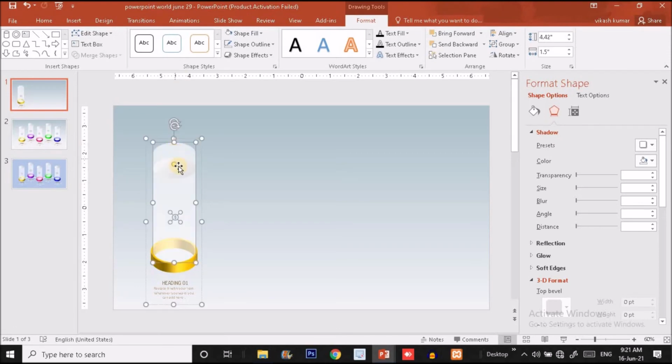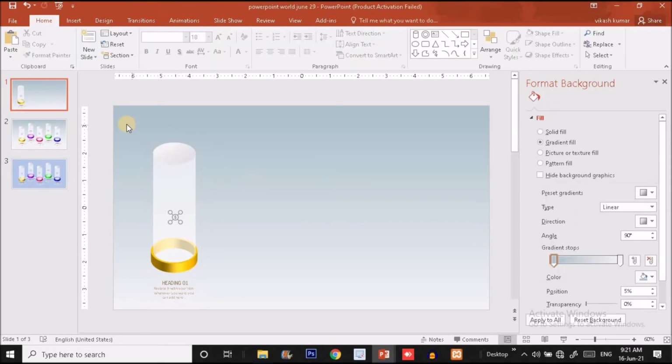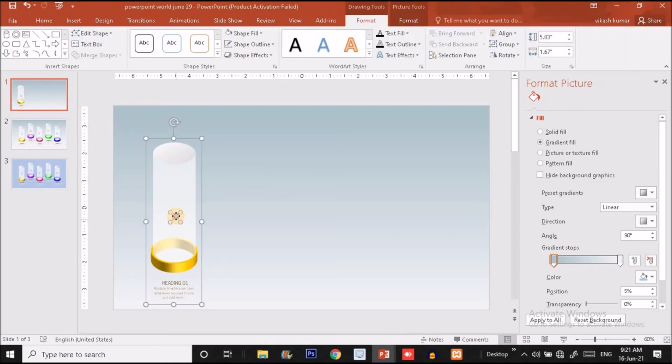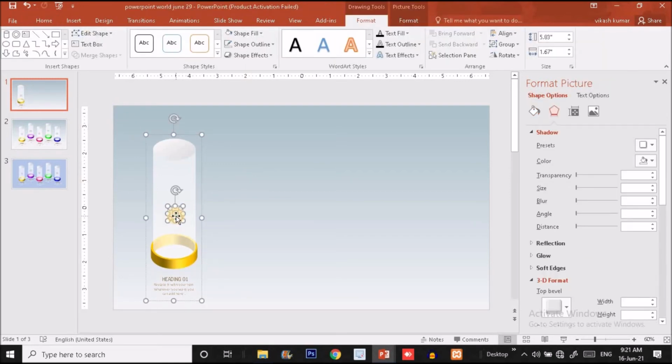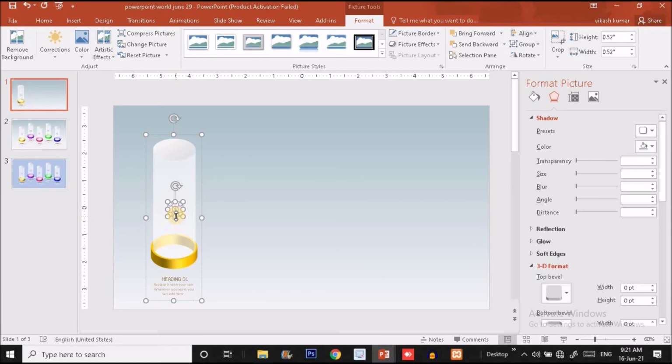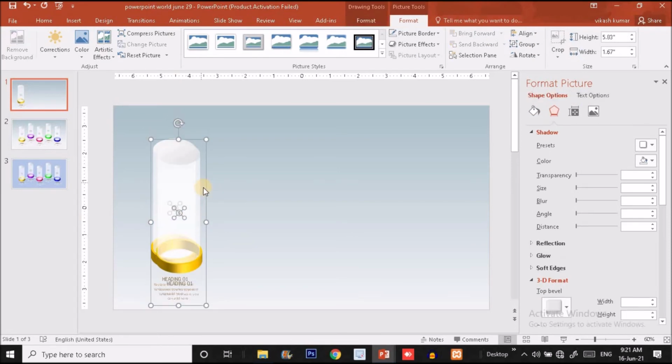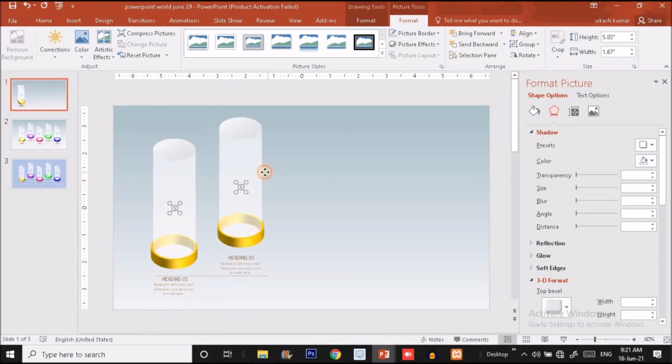Slightly I'm going to increase the height and put this oval shape at the top like this. Okay, now it's fine. Now I will put this icon somewhat upward, and now I'm going to duplicate it by pressing Ctrl D and put this shape over here.